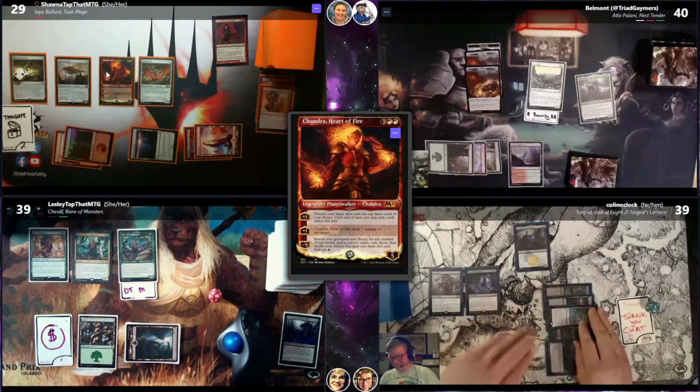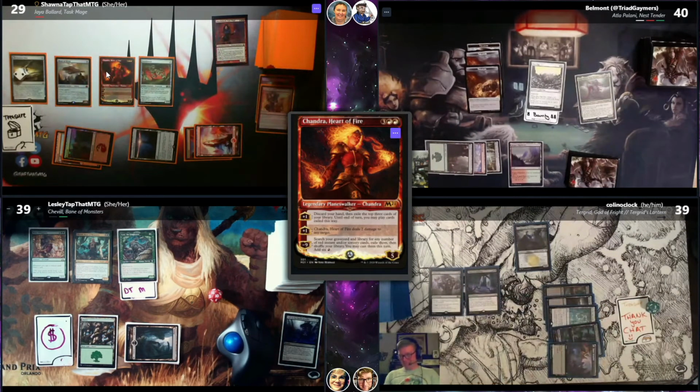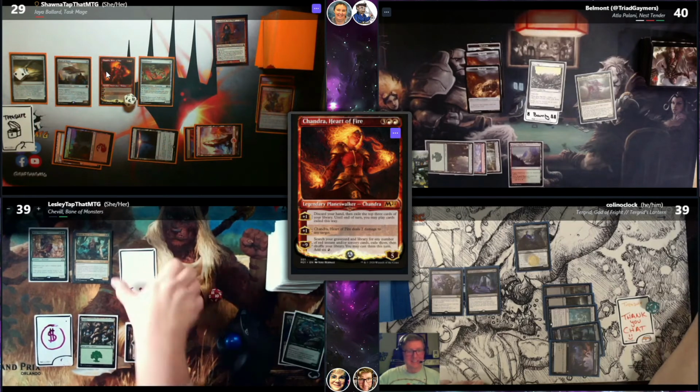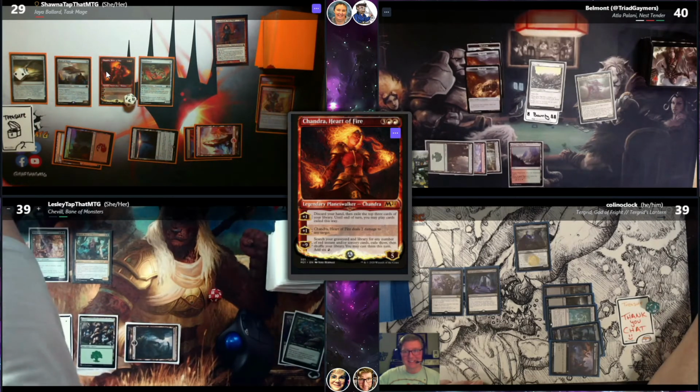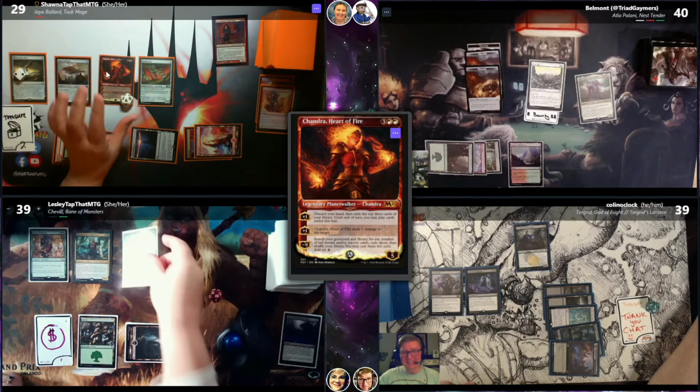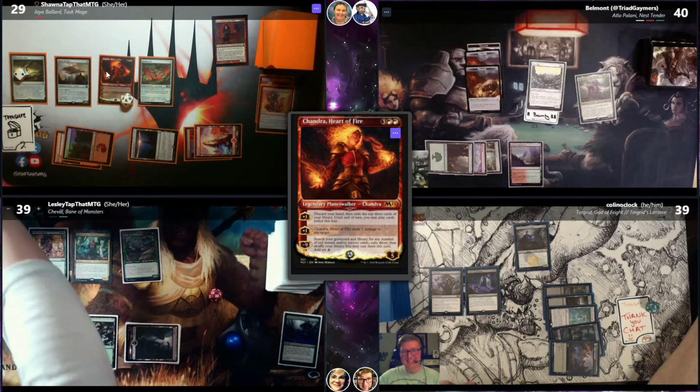I'm going to play Chandra, Heart of Fire. I'm going to do her +1, which deals 2 damage to any target. Finn, are you out yet? Seriously? Finn, how much does he count? It's a 1/3, right? My whole deck is based around him. I told you, chickens in one basket. Is it 3? Yeah, it doesn't kill Finn. Oh, 3. Never mind. Okay, it's just 2 damage to